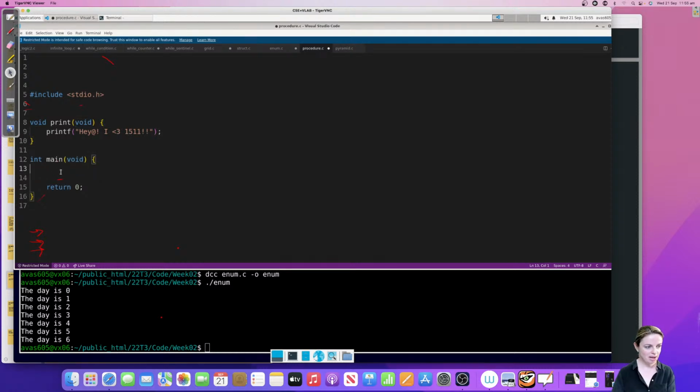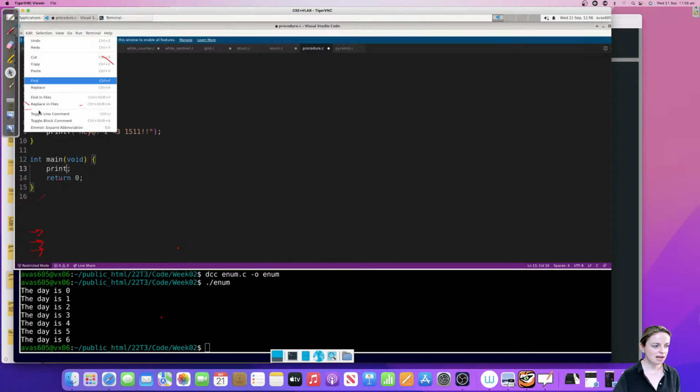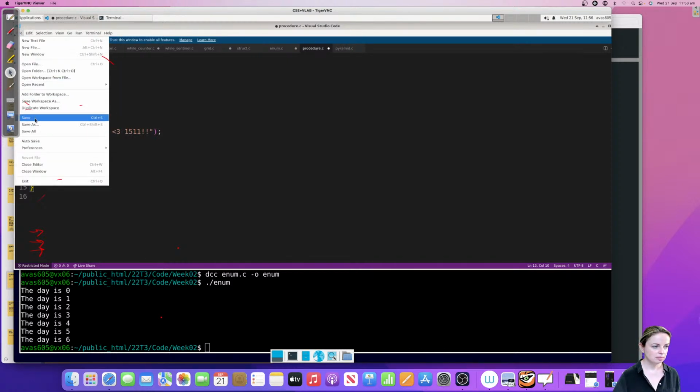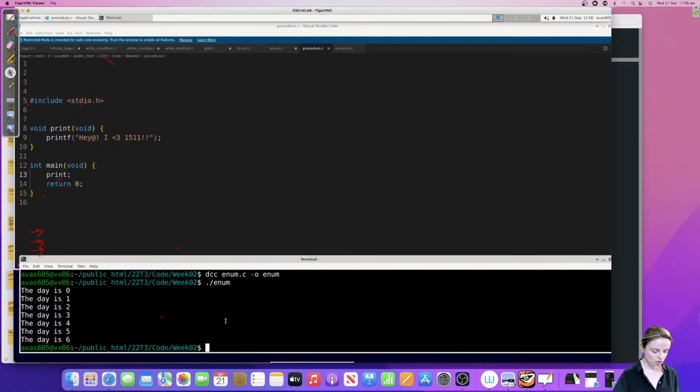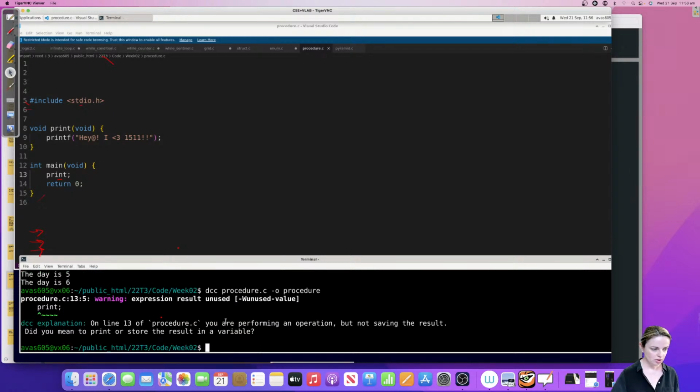But now I need to ask main to call that print function for me. Okay, and what I'm going to do is I'm just going to say print, and what it's going to do is it's going to call the function. Okay, it's going to call this function over here. So if I save this now, and let's try and run it. Okay, great.